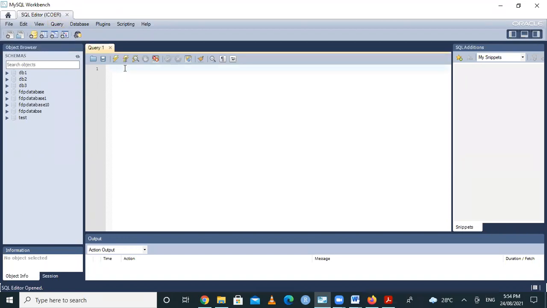Now here there is a white space where we can write a query, and we can perform any SQL query operation in this white space. First, I want to create a database. So I'm writing CREATE DATABASE. Suppose the name of the database is